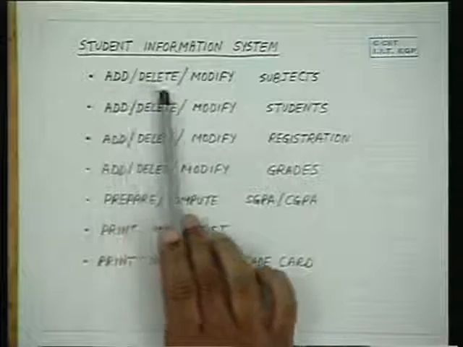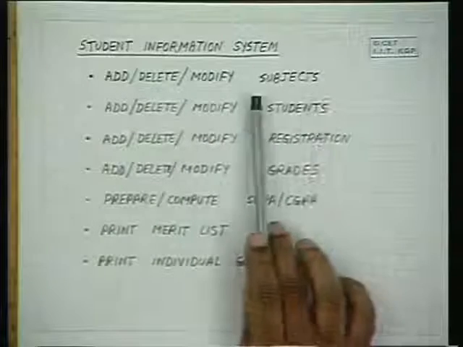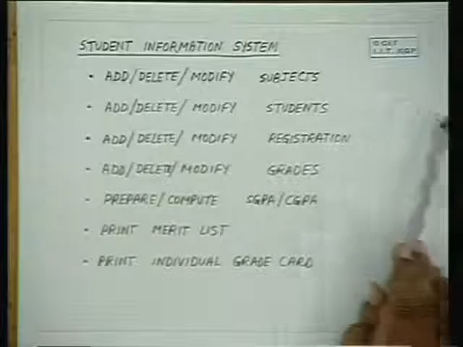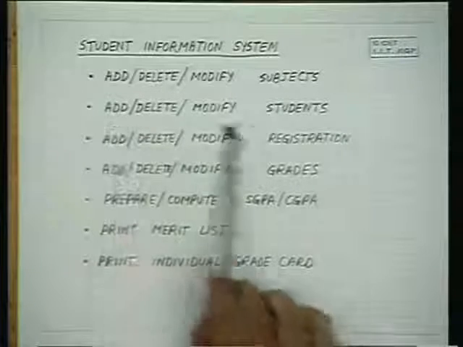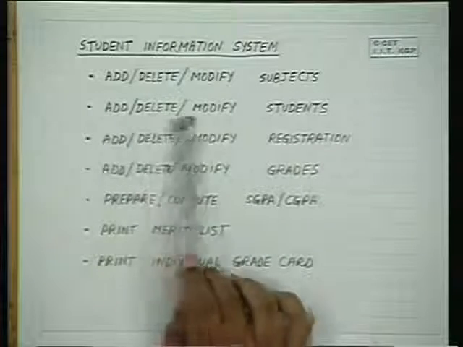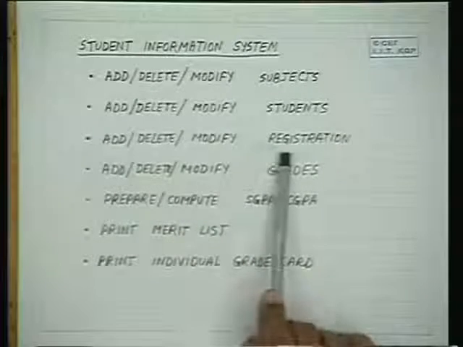And finally, maybe you can have a complete academic section information which will have add, delete or modify all the subjects. These are the subjects, subject name, subject number, offered by this department, etc., etc. Student information, these are the students, this department, etc., add, delete, modify. Registration information,